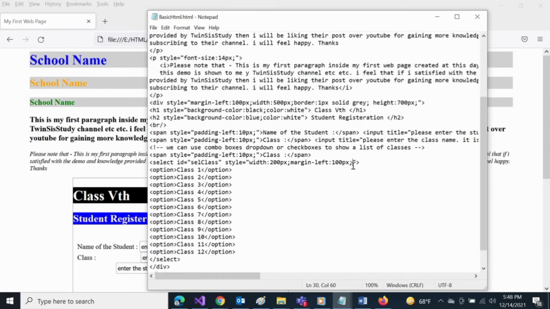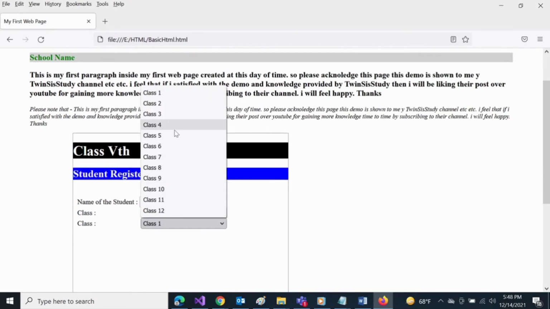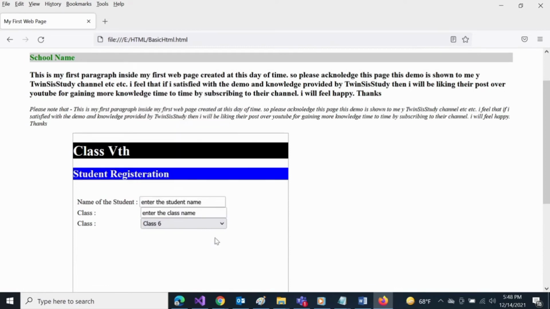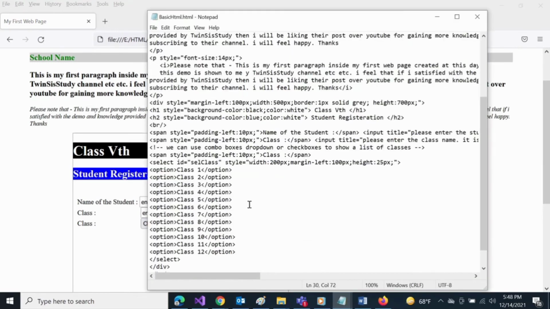There will be a height also, make the height 25 pixel and write it there. So there we go, we have an excellent design here. Look, it looks good now. So we have the options provided to the end user that you can select from the multiple options as per your choice,